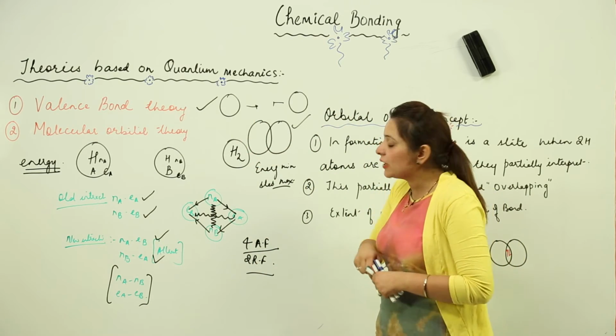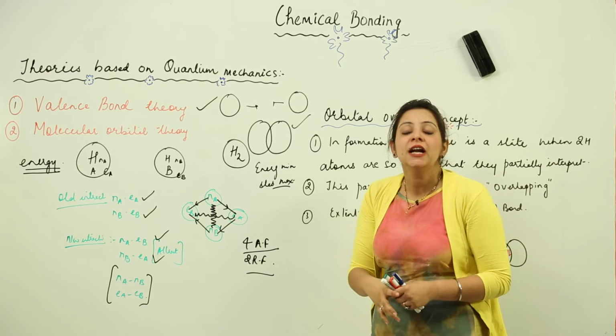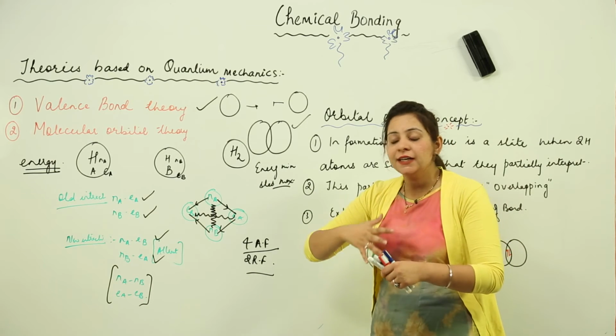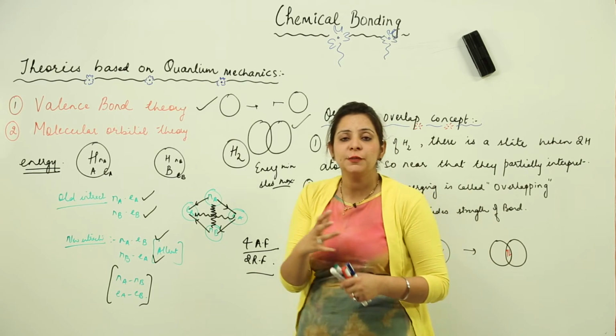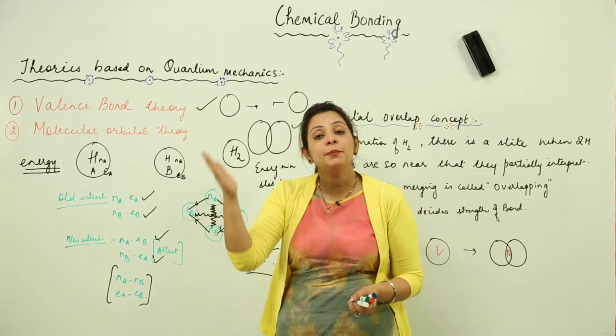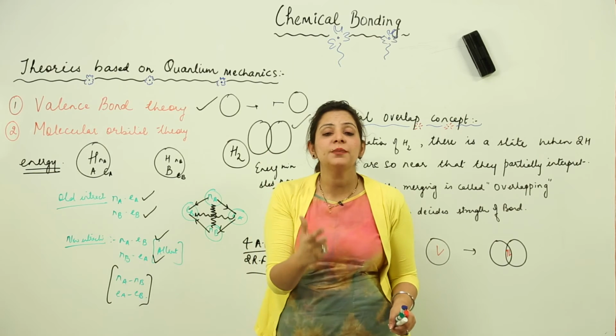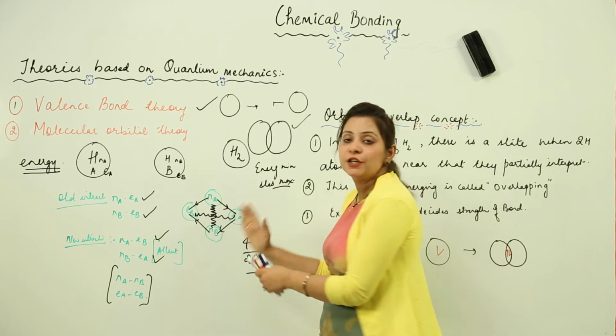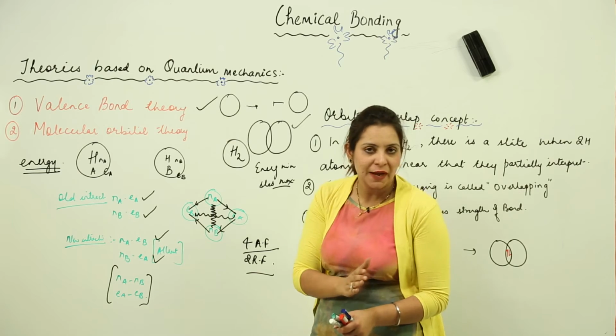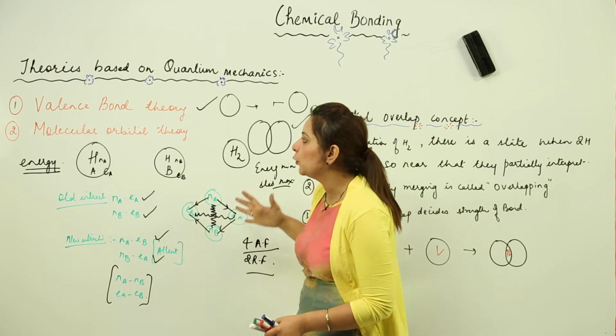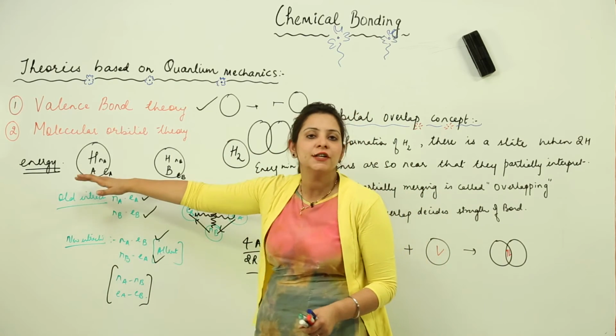And you know that if we try to make them closer to each other, instead of attractive forces being increased, what happens? Actually the repulsive forces increase and no bond is formed. So we need to stop them at the place where the energy is minimum and the stability is maximum. This is what the valence bond theory explained on the basis of energy factor.